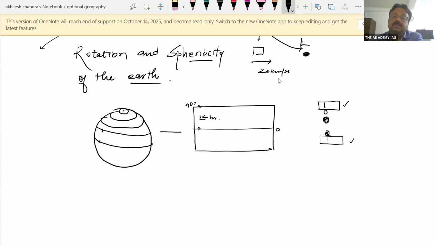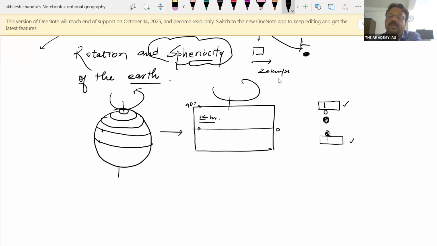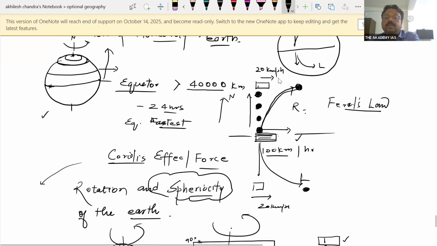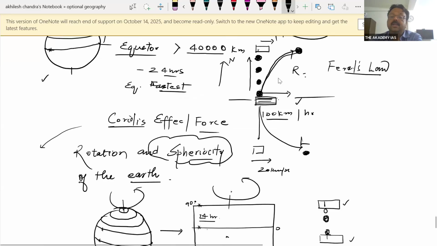So if this earth is not spherical, rather it's a rectangle and it is revolving also, तो भी कोई फर्क नहीं पड़ता क्योंकि डिस्टेंस 40,000 किलोमीटर ही होता और 24 घंटे में दोनों डिस्टेंस तय की जानी होती, तो स्पीड में अंतर नहीं होता। ये अंतर हो रहा है स्पीड में क्योंकि अर्थ स्फेरिकल है, रोटेशन हो रही है और स्फेरिकल। सो दिस कोरियोलिस फोर्स इज बेसिकली बिकॉज ऑफ द स्फीरियोसिटी ऑफ द अर्थ। अगर अर्थ रोटेट भी करती और स्फेरिकल ना होती तो भी कोरियोलिस फोर्स नहीं होती। अब चूंकि कोरियोलिस इफेक्ट है बच्चे, रोटेशन के कारण है,